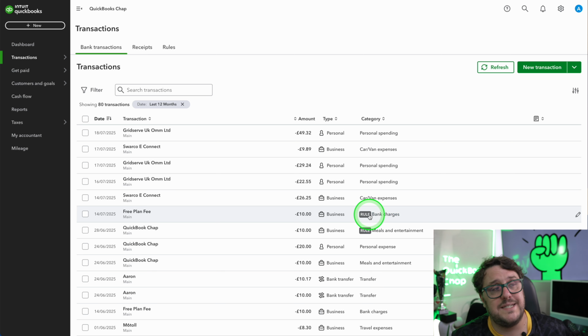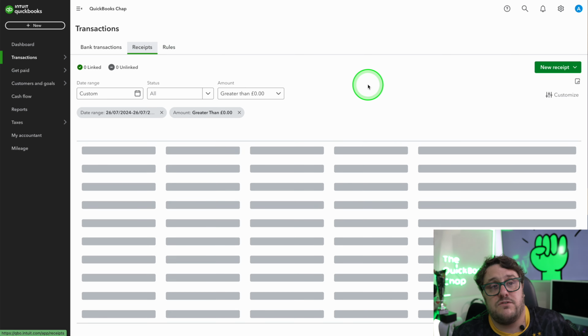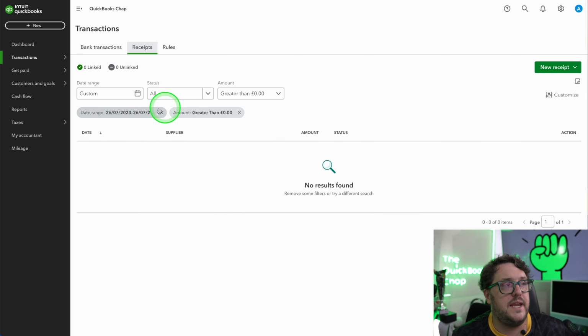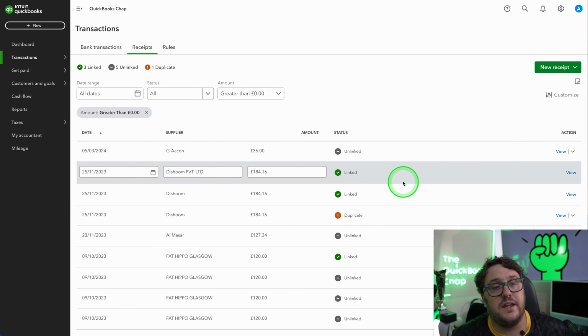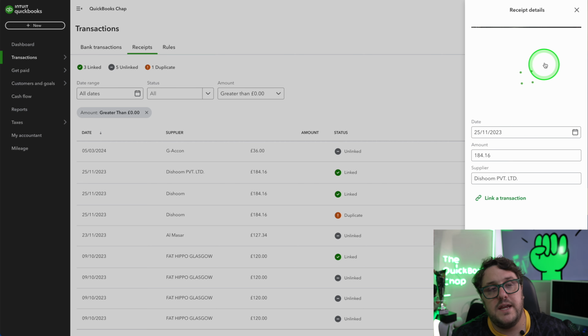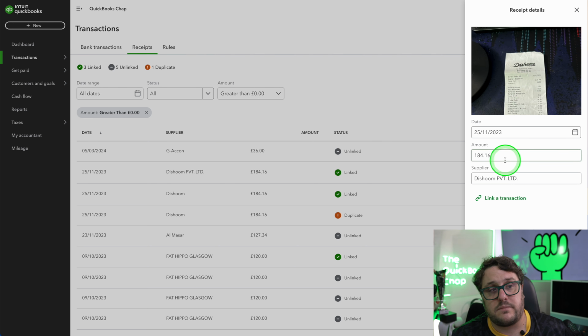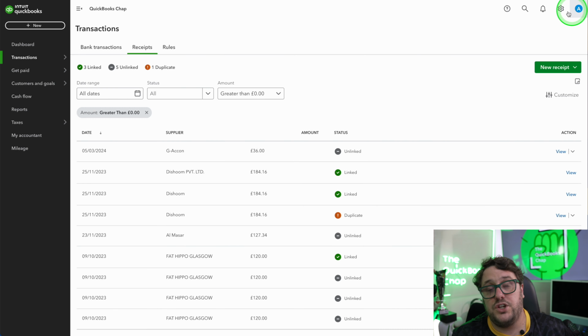And what they've recently released is rules as well. So at the top here, there's a receipts category area. You add a receipt in here. I'll show you an example of the receipts that we've got there, and then you can link them directly through. So here is a digital copy of my receipt, all linked in, so that I can then use that going